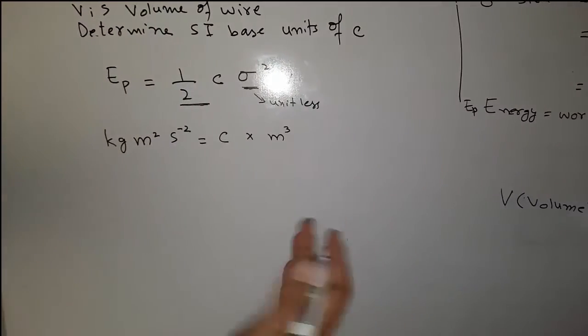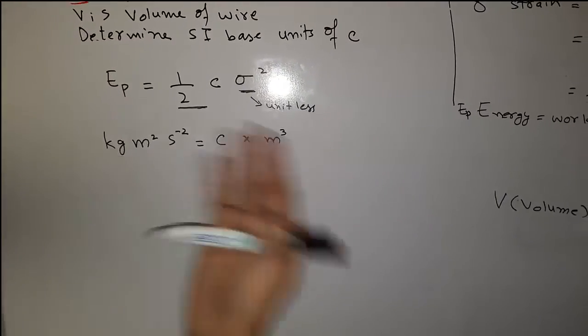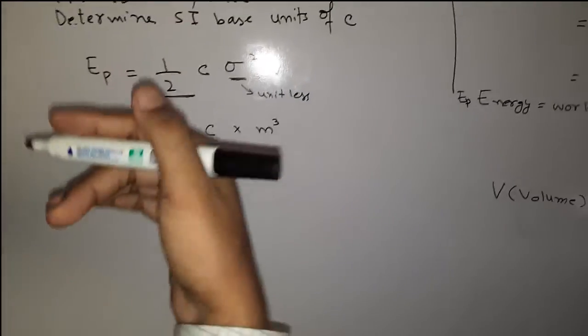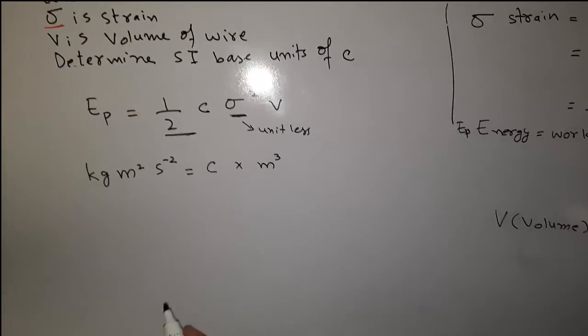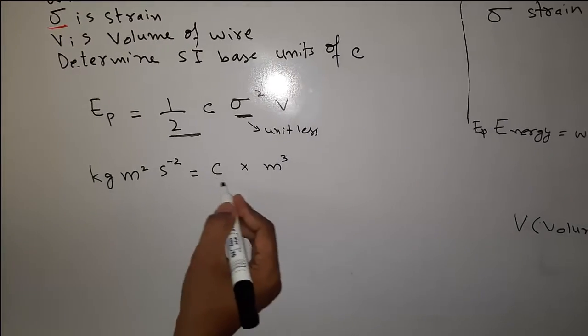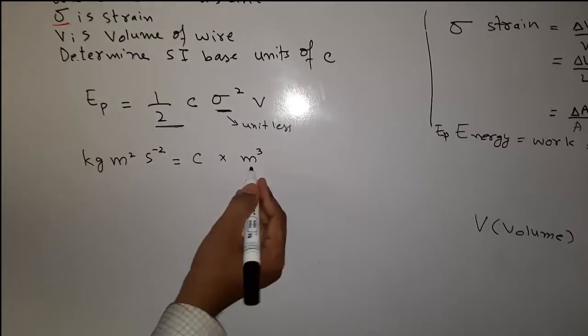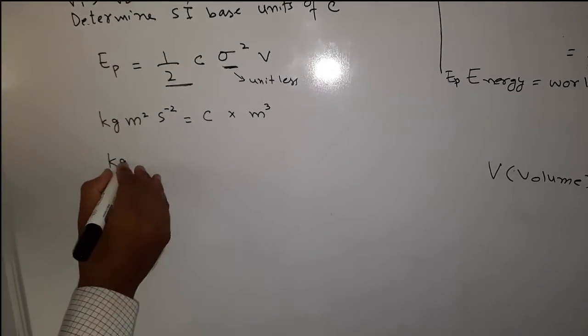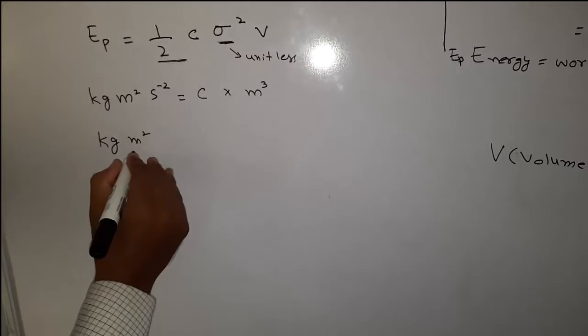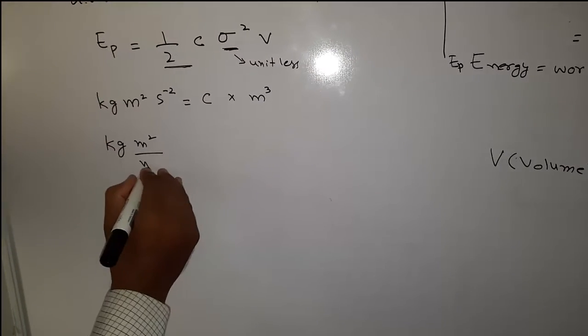First we will put the unit. So there's no hard and fast rule. You can even make the subject first and then shift it, or you can first put the unit and then make the subject, and finally you have to make C the subject because you have to find out the unit of C. So meter cube is multiplying, it will divide: kilogram meter square over meter cube